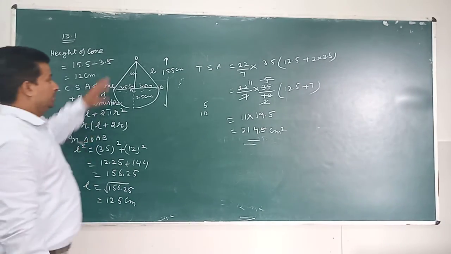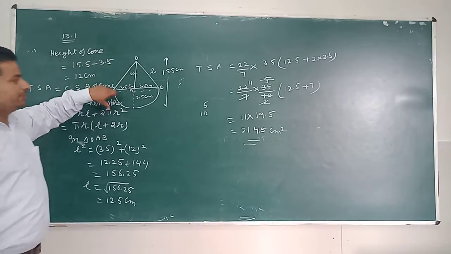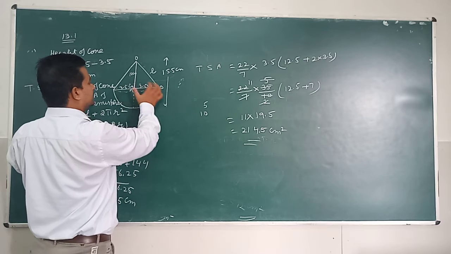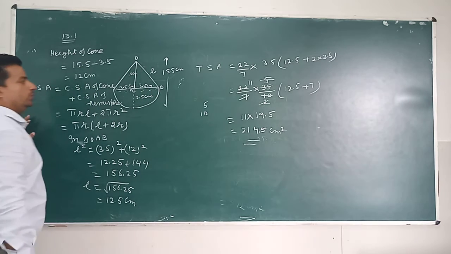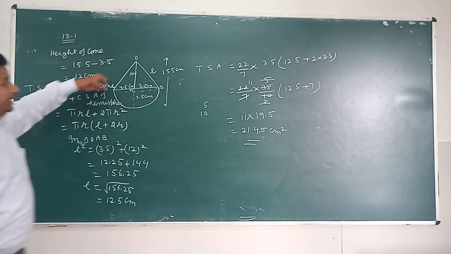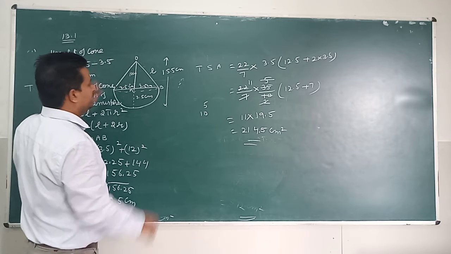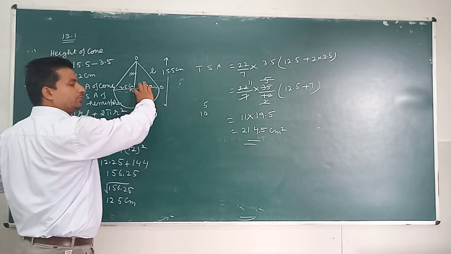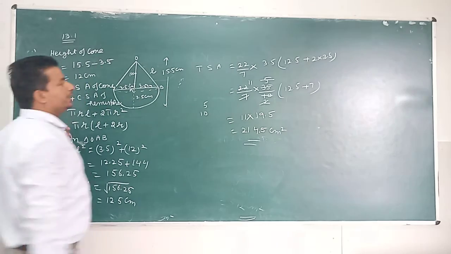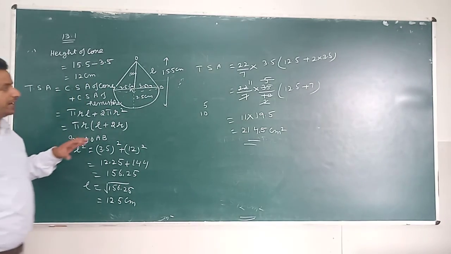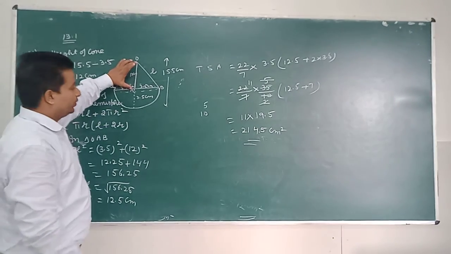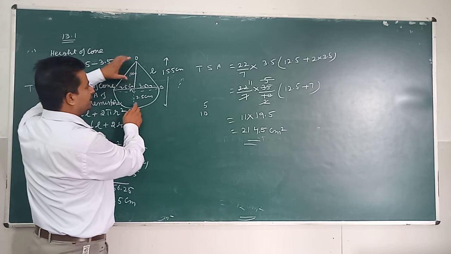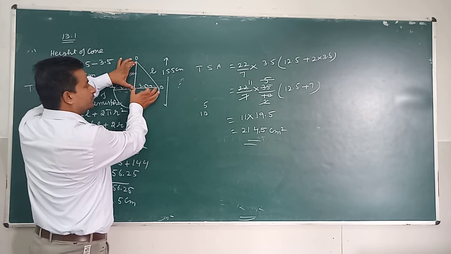Repeat this question. There is a toy shaped like a cone which is mounted on a hemisphere. This means in the bottom of the toy there is a hemisphere and above it there is a cone. So we have given the radius of this hemisphere, means this is cone. So radius of cone and hemisphere are same. This is 3.5. This is again 3.5. The total height of the toy is 15.5. First of all, we find the height of the conical portion. For this is the total height 15.5. Subtract 3.5. So we get 12. This is 12. This is 3.5.